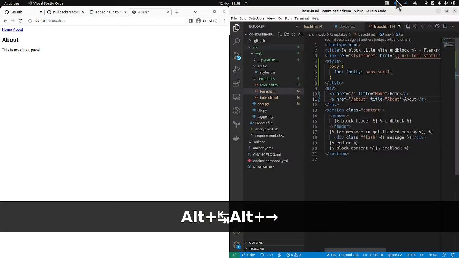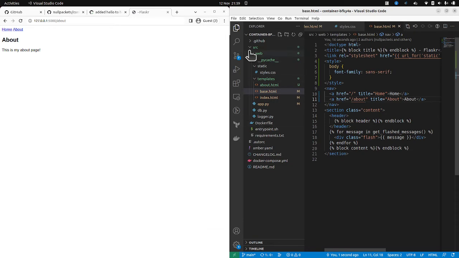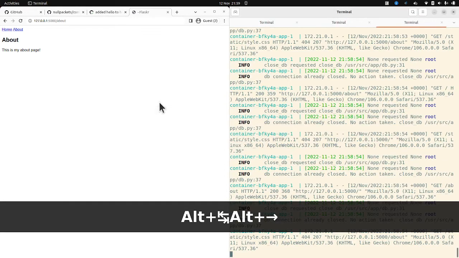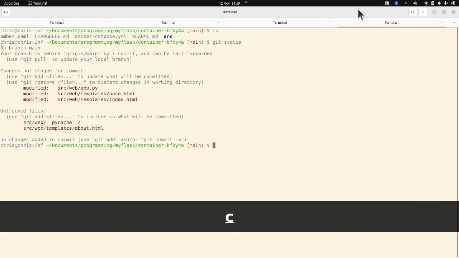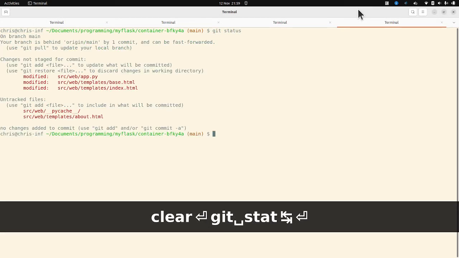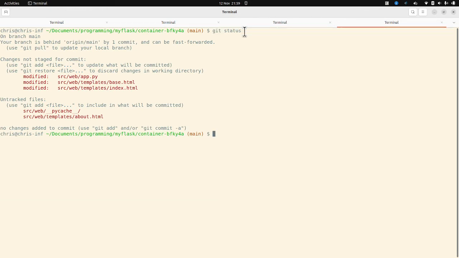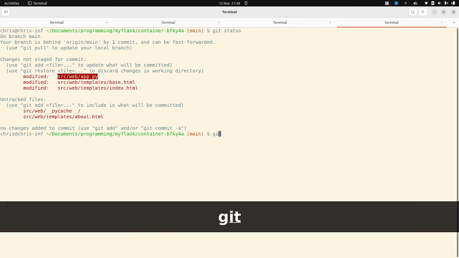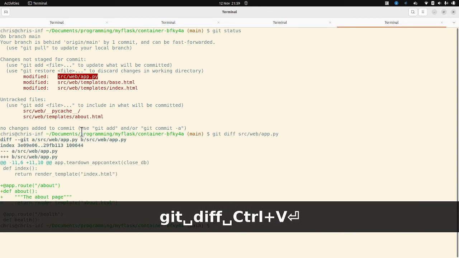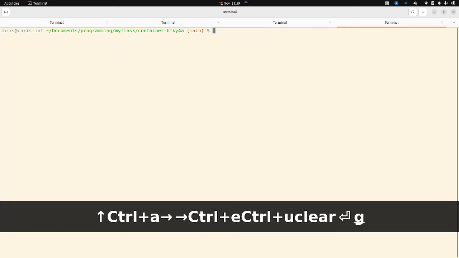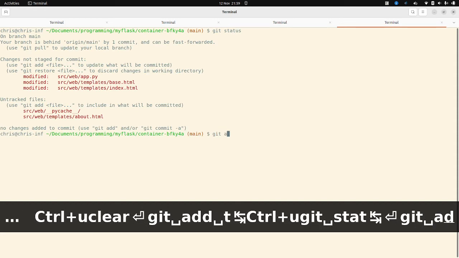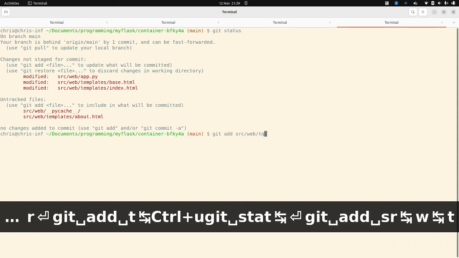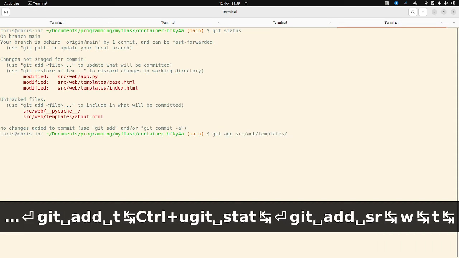Let's make it live. So because we've got all these changes, what we want to do is add them and then commit them. So we're going to do a git status. So just to maximize that window, a git status. Notice that we're using git directly, just as good. And we can have a look at the difference of what we've changed. So we've added that route for about. Let's commit that. So I'll do a git add templates. What was the path to it? Git add source web templates about, sorry, index